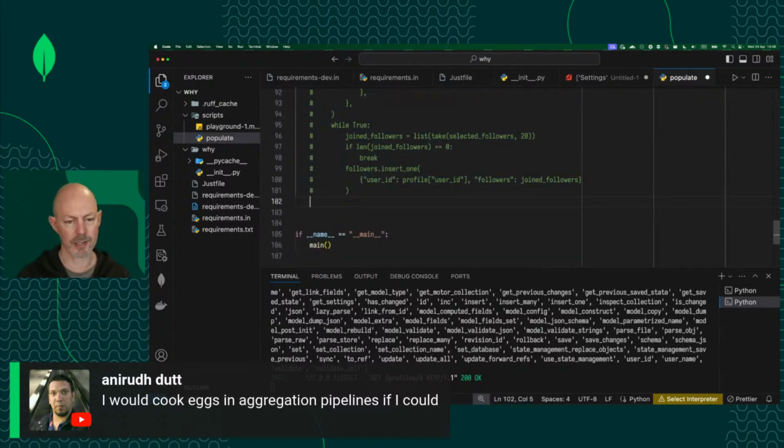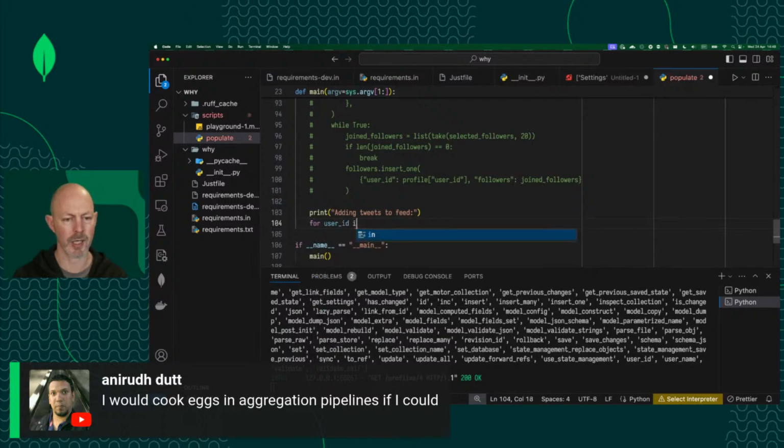But what I can do is I can generate some tweets. So print tweets to feed. This is a command line tool, so I can just use print statements to tell me what's going on. And then I'm just going to generate them for a single user profile. I usually use profile 4 for some reason. But I'm going to pretend that I might loop through some user profiles at some point, because I probably will. For user ID in,